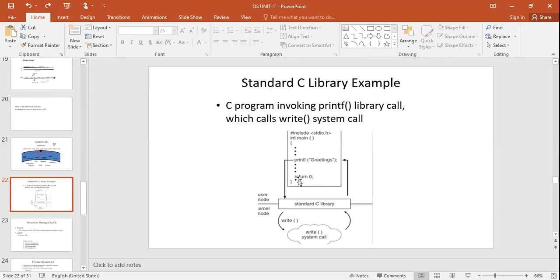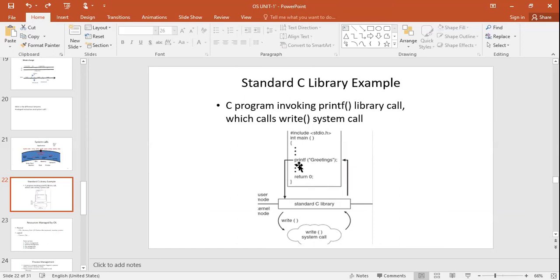In order to execute it, what happens internally is, as this instruction is written in a C program, it is an application program. The user has developed a code and wants to execute something. While executing this user application, as of now it is in user mode. But here we need the services of the output device. For that, we need to interact with the operating system, because you don't have the right to directly interact with the hardware.